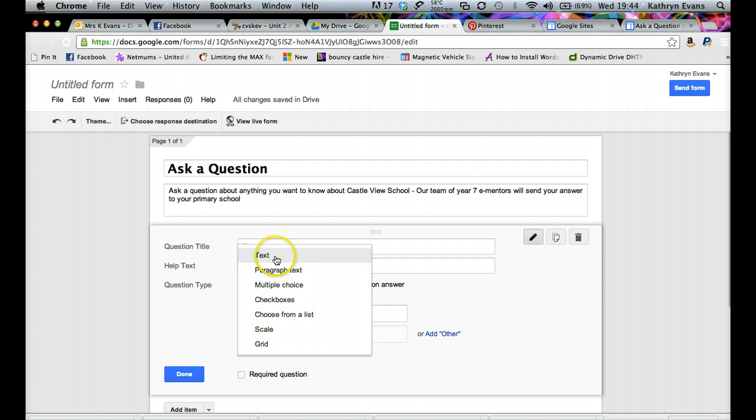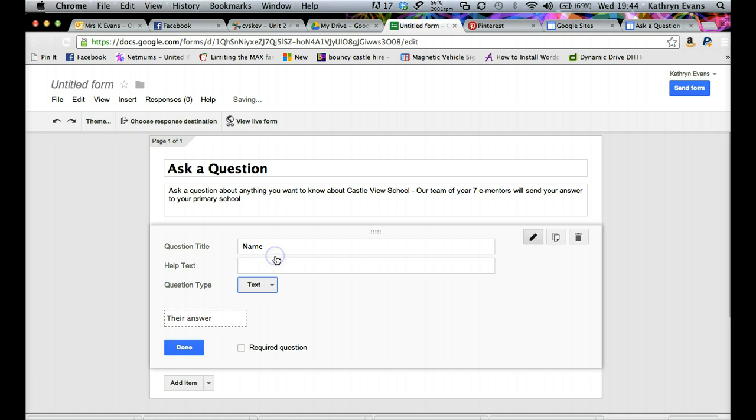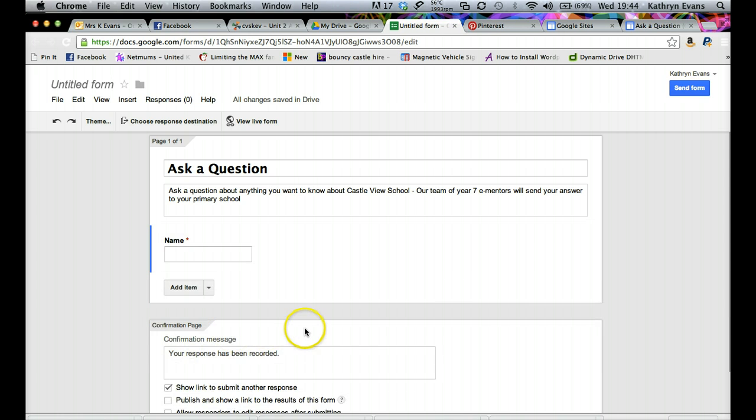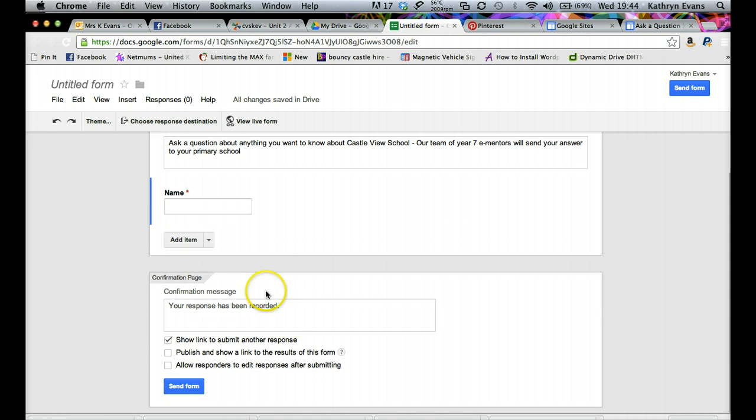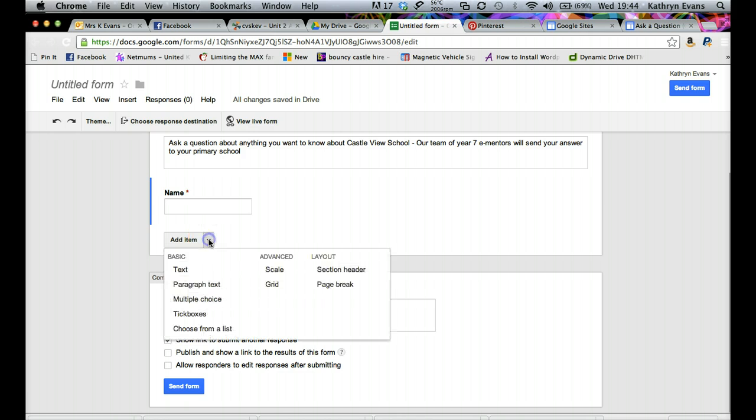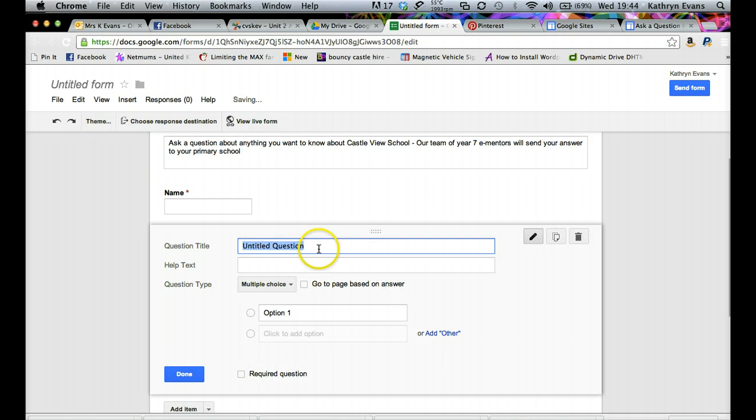You can put help text if you think they need it, and you can choose whether it needs to be a text box or a paragraph, and that one's going to be a required question. Second question is just chosen by choosing add item, and you can choose the type of question. This time I'm going to go for multiple choice,